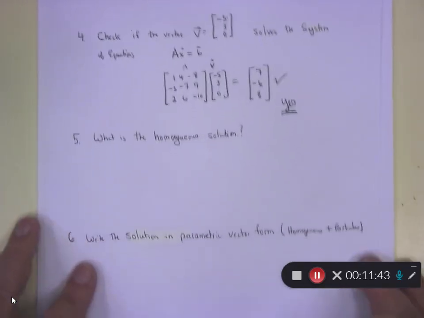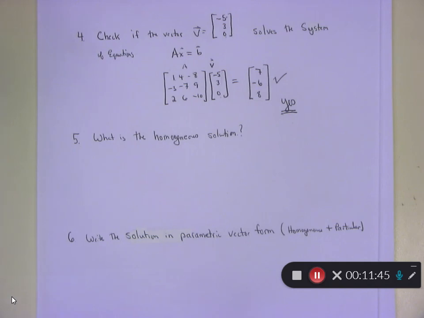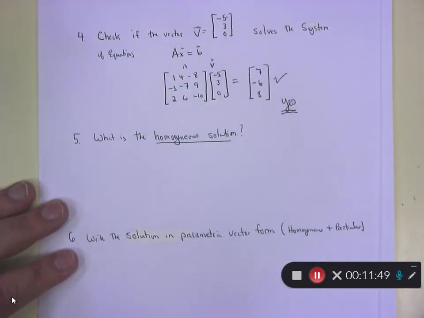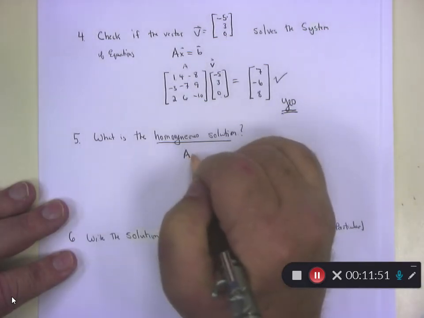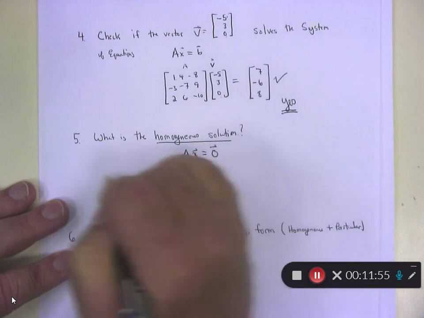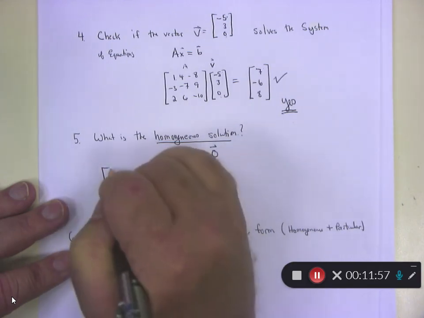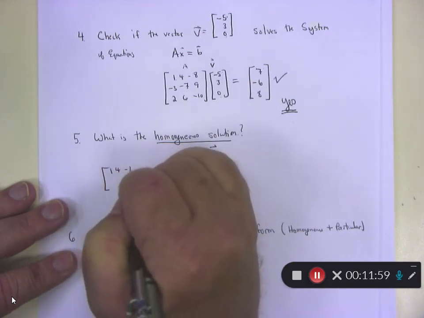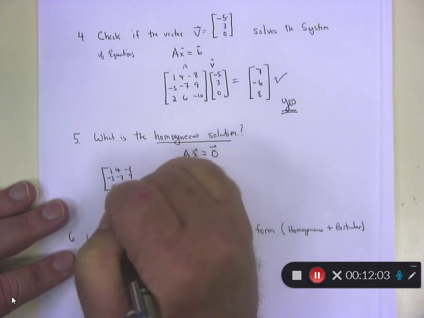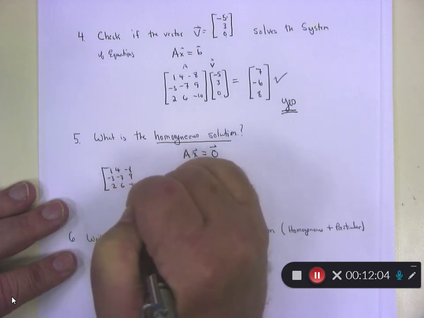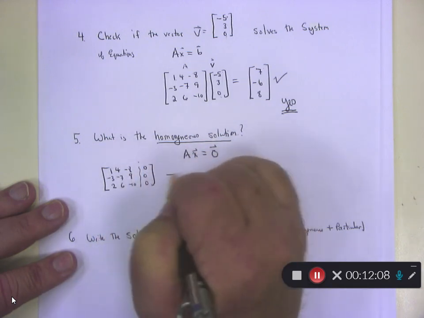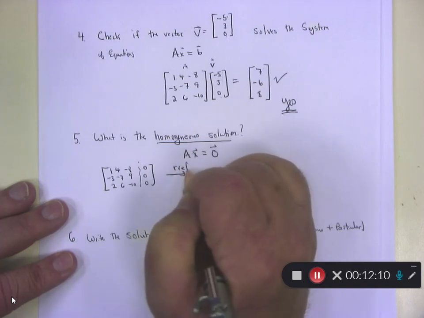What is the homogeneous solution to this system of equations? What does homogeneous solution mean to you guys? A times x is equal to who? The zero vector. So if you want to solve this, you can take 1, 4, negative 8, negative 3, negative 7, 9, 2, 6, negative 10, augment it with 0, 0, 0,